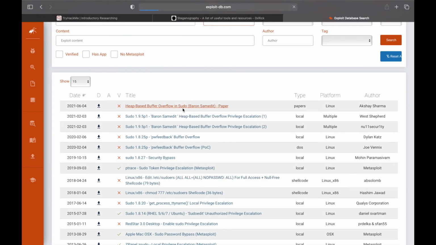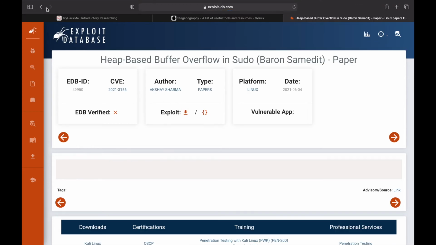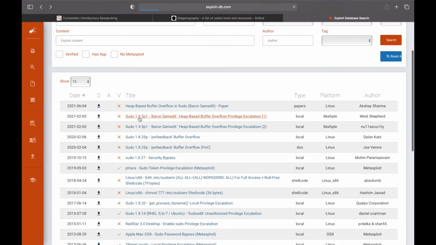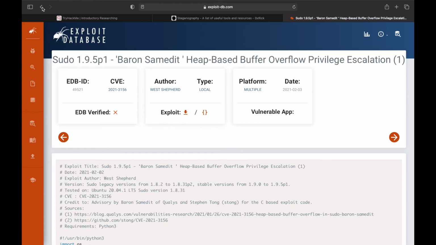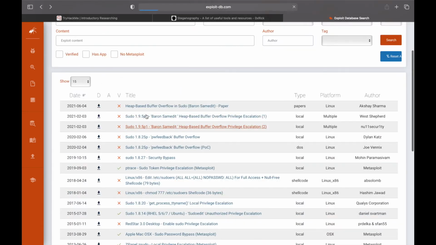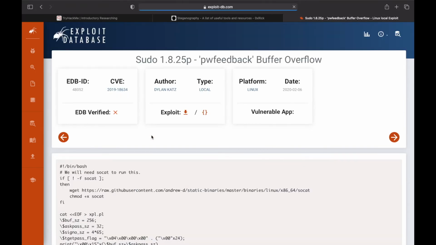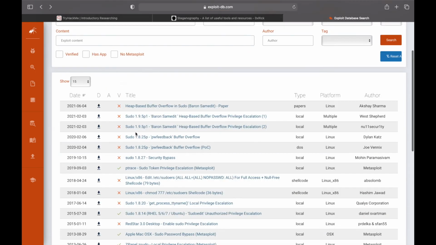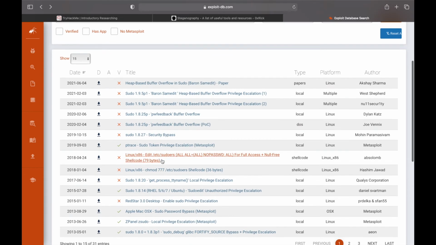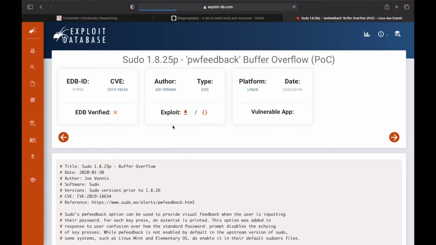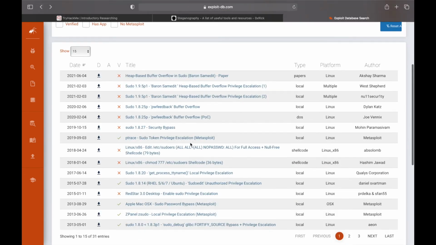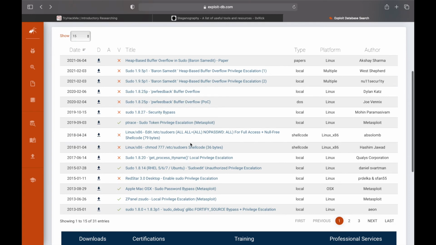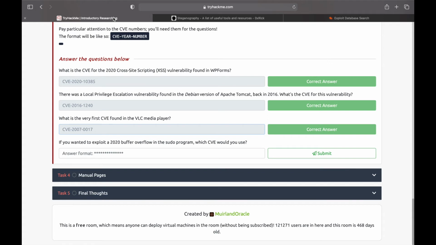Okay, let's see this one. It's 2021. This one is 2021. How about this one? This is also 2021. 2019. And this is also 2019. So we didn't find anything related to 2020. Or maybe we are searching the wrong thing.